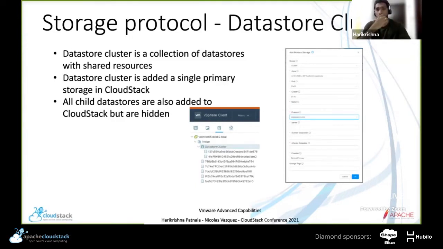on vSphere, data store cluster supports storage DRS, which is a very important part of data store cluster. So since we are supporting data store cluster as a primary storage here, which in turn adds the ability of storage DRS into CloudStack. So anyone who wants to use the storage DRS can do it with data store cluster. Going forward,